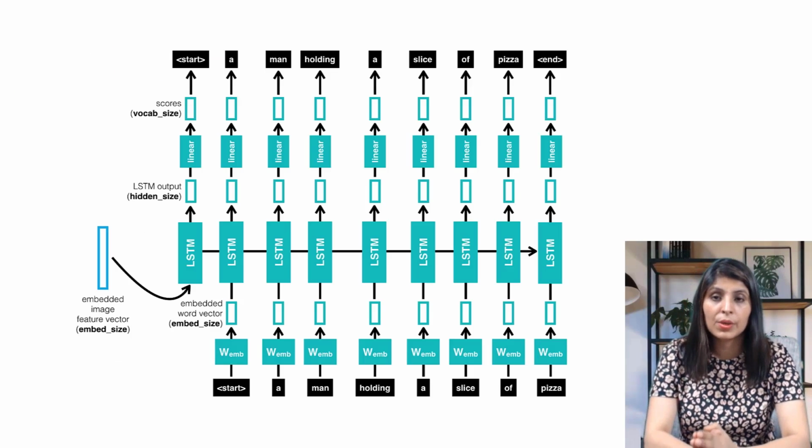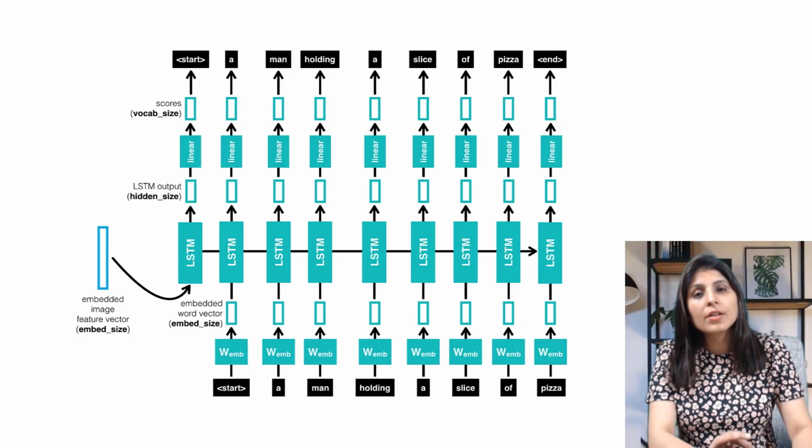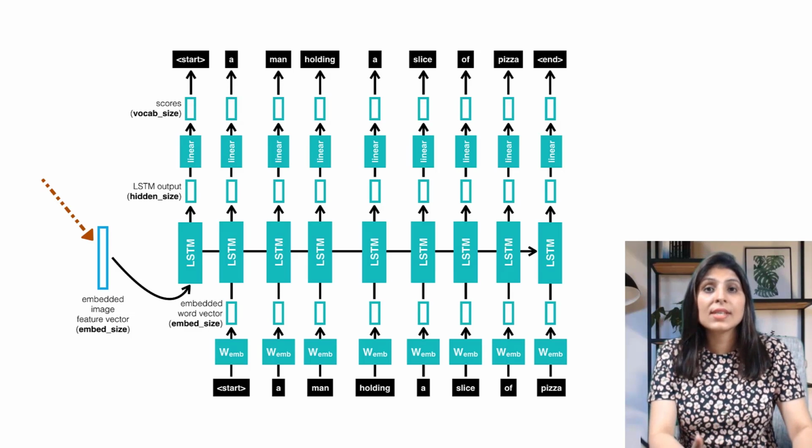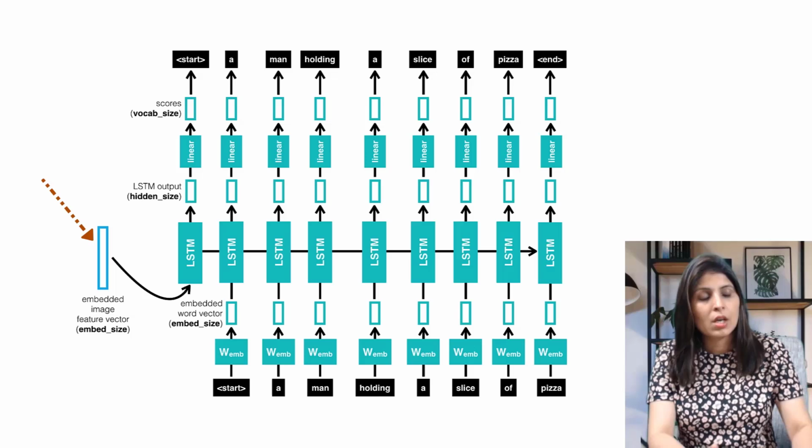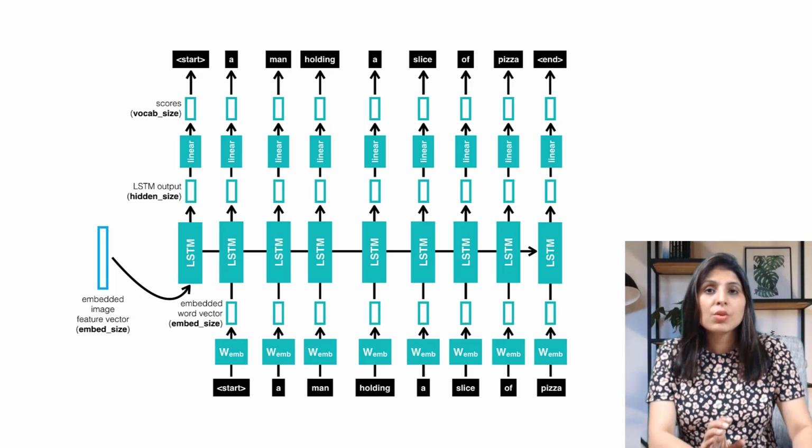So this is our decoder. The input to the RNN decoder is the output of the CNN encoder, which is the embedding vector, and the size of that embedding vector is 256. Now what does the RNN do? The RNN generates a sequence of words that describe the image, and it uses a recurrent neural network such as LSTM to generate the sequence.